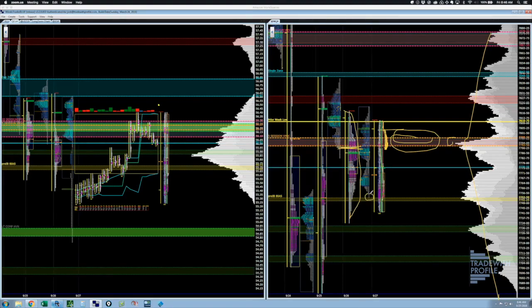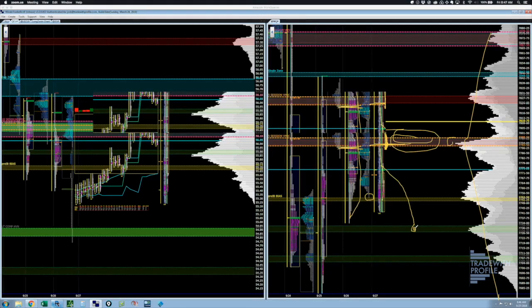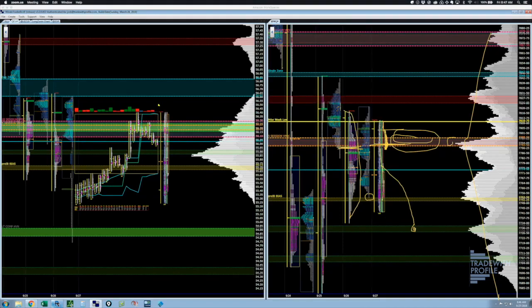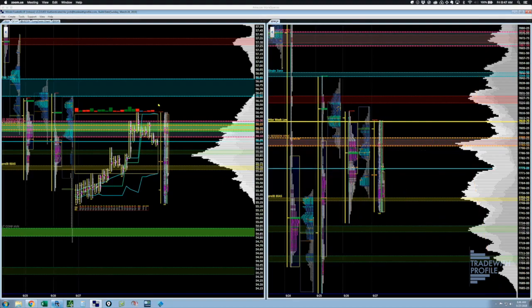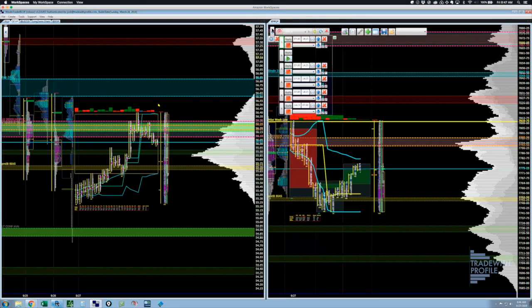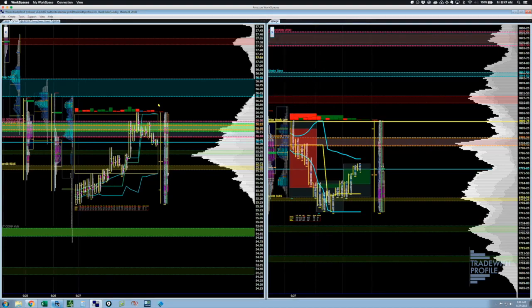So the trade that we're actually looking for now is in this area, and we're looking to see if we can invite some more sellers as long as we stay below 77.94 and start working our way towards 77.30. So that's actually what we're watching for right now. And I'm going to turn on the shorter time frame here to see if we get the behavior that we want. It's looking good so far.